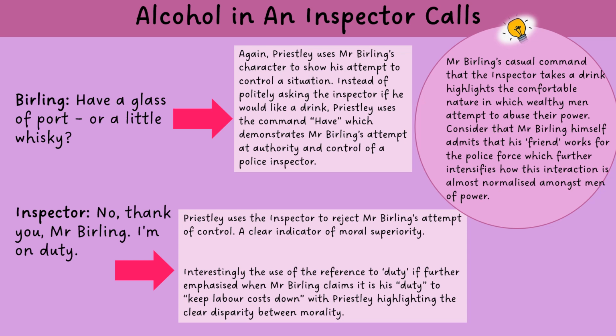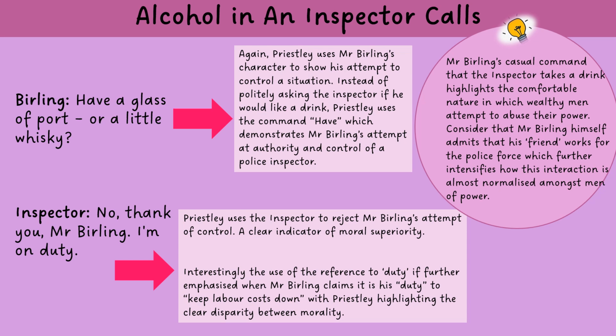Okay, you've got to think about, why is it that Mr. Birling is offering the inspector alcohol? Is it a way in which he asserts his dominance over the inspector, or is it a way of already almost admitting guilt from the get-go? Is he wanting the inspector to lower his inhibitions by drinking a glass, become friendly with Mr. Birling, and therefore attempt to escape any culpability as to why the inspector has come round to visit the family?